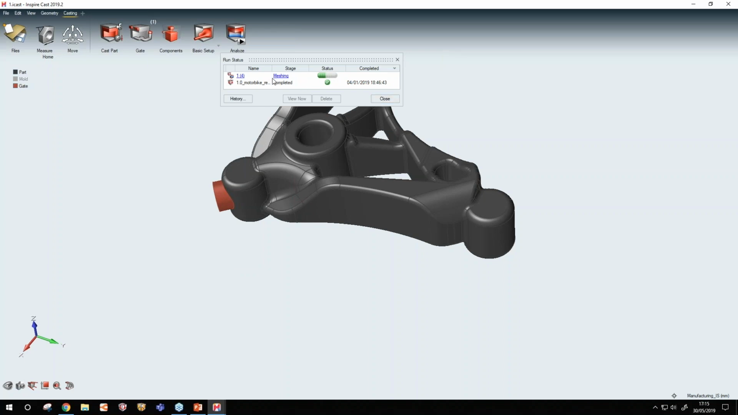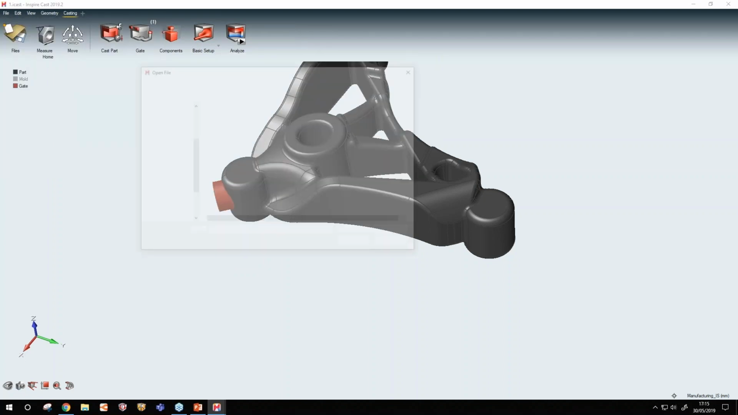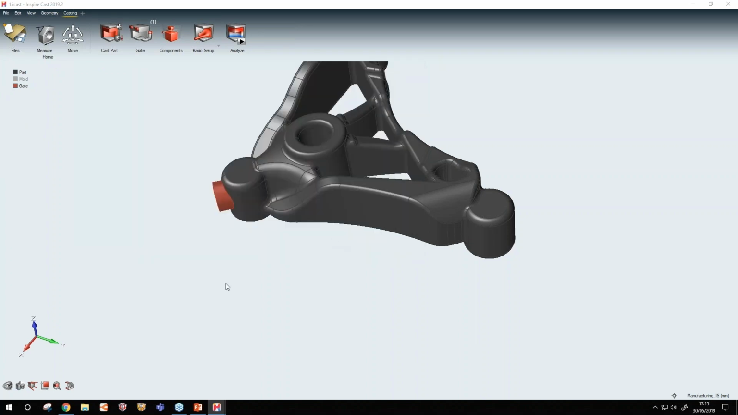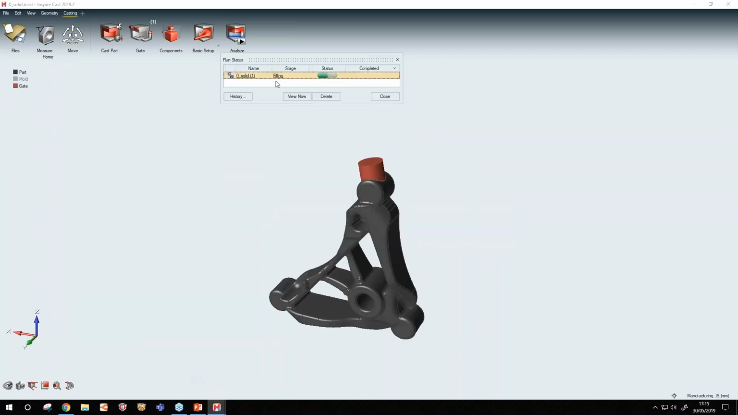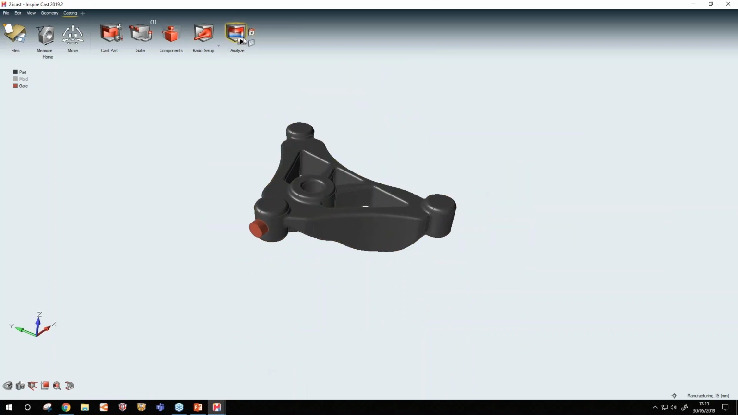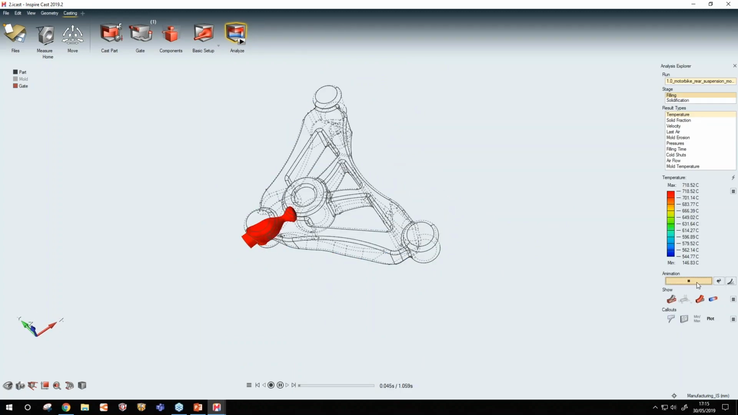Okay, so let me stop this one. I have, of course, already calculated the second iteration, and I will show you the results of the new iteration. That we have here. And we will see how the temperature has changed, the velocity and the